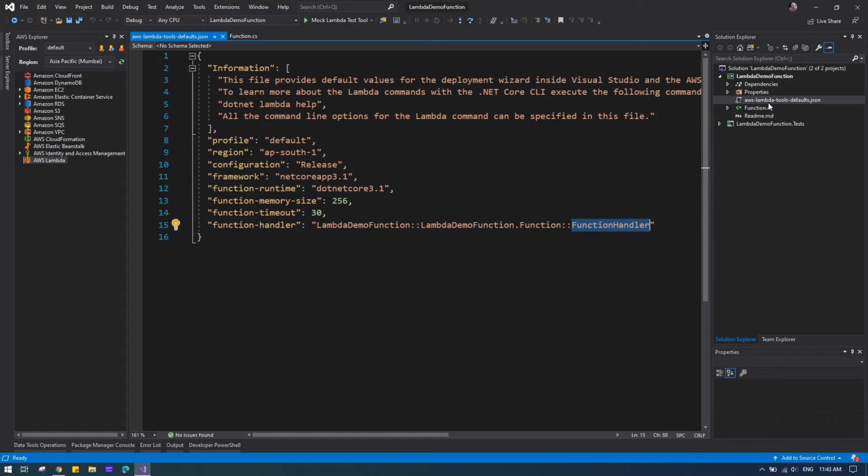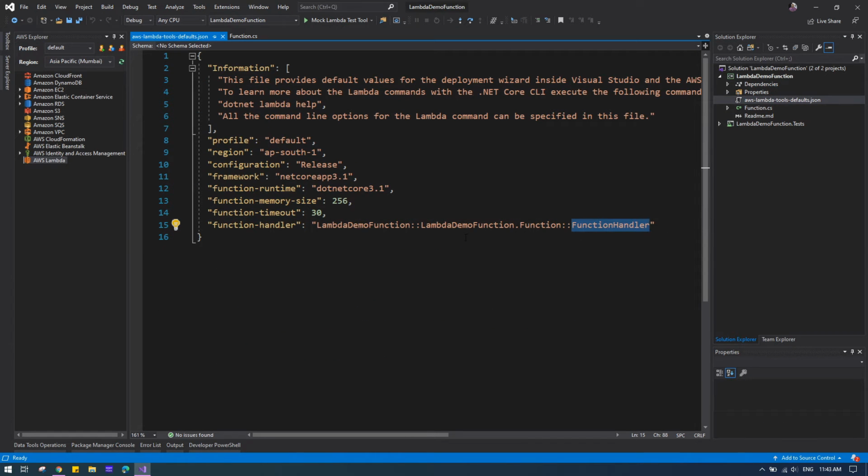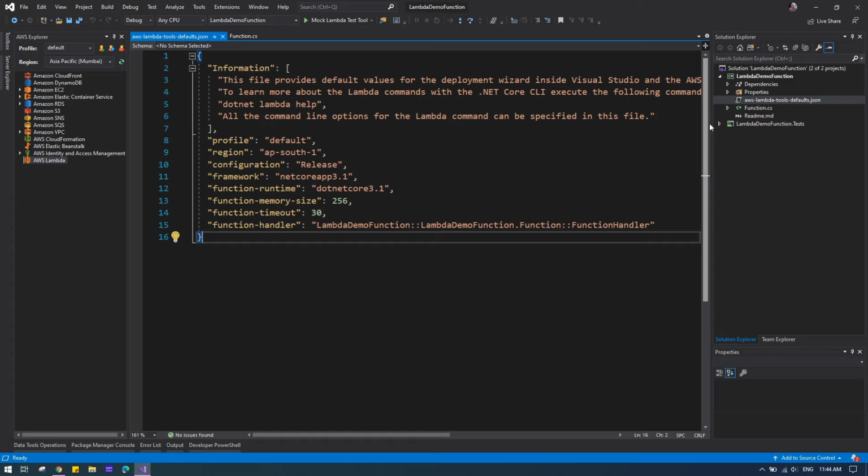For example, if I want to change the function handler name to something else, I will definitely need to update it here also, because this is the configuration the AWS Toolkit is going to consume. It won't know anything about the class or whatever we have right here. It only knows where the entry point is, that's the function handler.